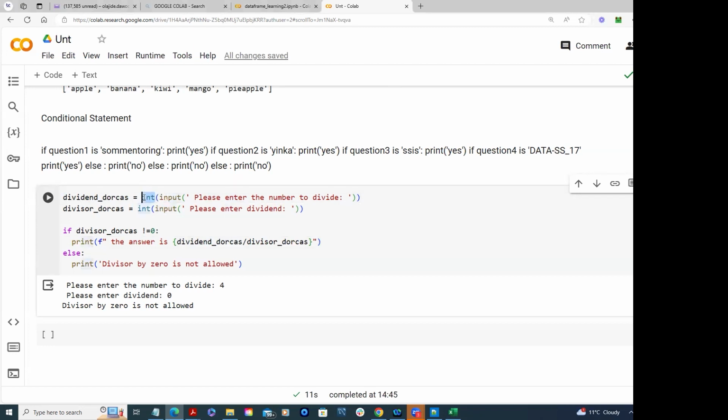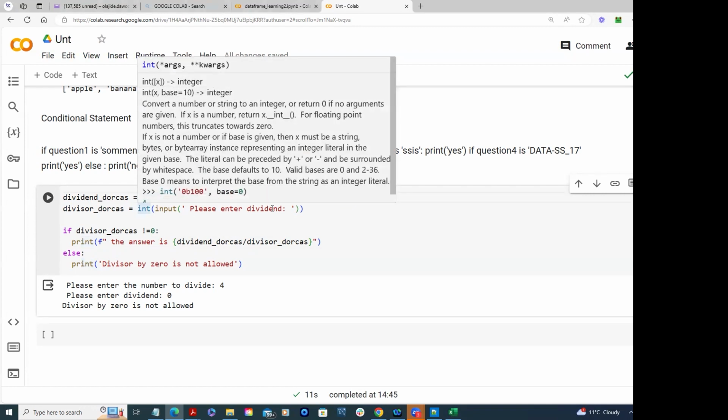Input is a number, so we want to make sure we capture that number as an integer. The reason is we are converting it to integer using int at the back. If I remove the integer and use input only, it can capture it as a string, as if we are reading the data. But we want to capture it and convert it to integer because we want to do calculation. Calculation requires you converting your data to an integer. So I have to put int at the back here. Then the denominator, which is the divisor,